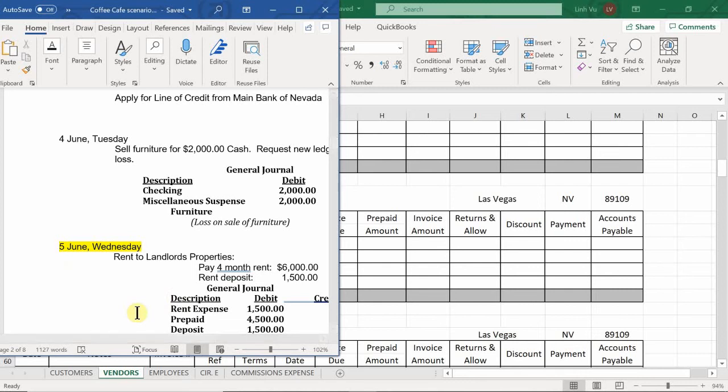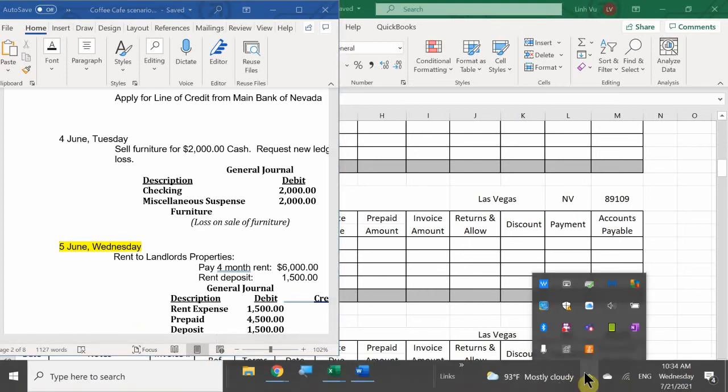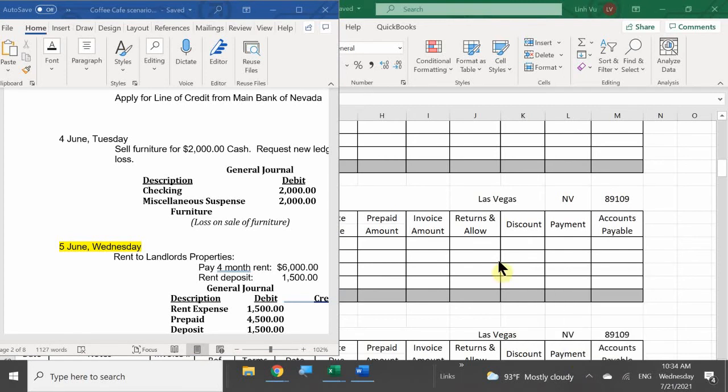And let's see. Before, sorry, I'm gonna interrupt you. Before we go to the expense part, why didn't we use that $2,000 loss on disposal of asset? In this case, I want to go through the scenario because yes, we do have a loss on disposal of asset. But what I'm gonna do is purposely make mistakes, and we're gonna fix them